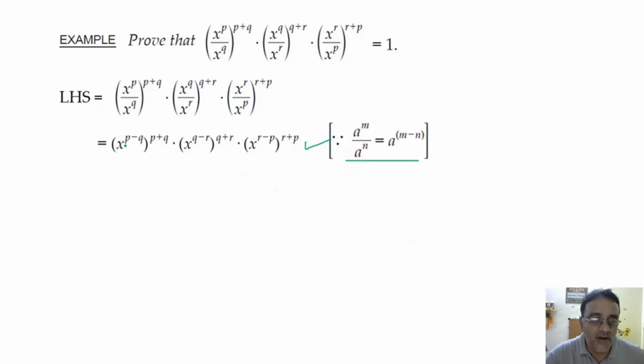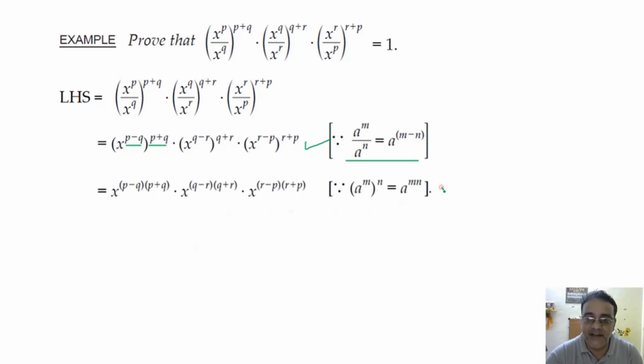Right. Now again we have to multiply these two. For that, which law we have to use? Pranav. Sir, a to the power m whole to the power n is equal to a to the power m into n. Very good. So ये दोनों multiply हो जाएगा. This property we have used. Now what is the product of these two? P square minus q square.